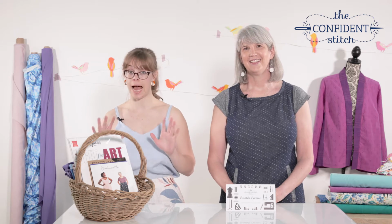Today we're going to give you a closer look at the 8 garment fabrics included in this collection, which, along with their suggested patterns, are designed to work as a capsule wardrobe for people with pink, red, or blue undertones